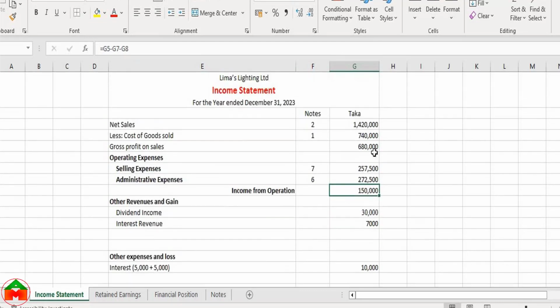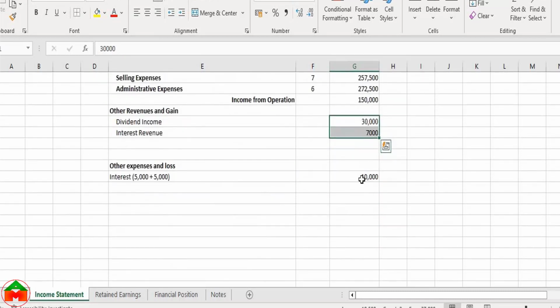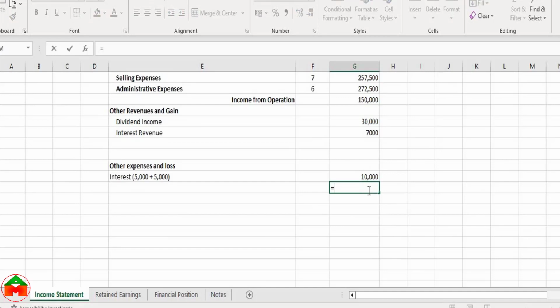With this 1,50,000 we will add the other revenue and we will deduct the other expenses to get the net income. So since I will show the net income here, I'm clicking here. So income from operation, with this income from operation I will add the other income. So I'm clicking plus from the keyboard, then clicking here, then plus again, then clicking here, then minus other expenses. So ultimately the net income is